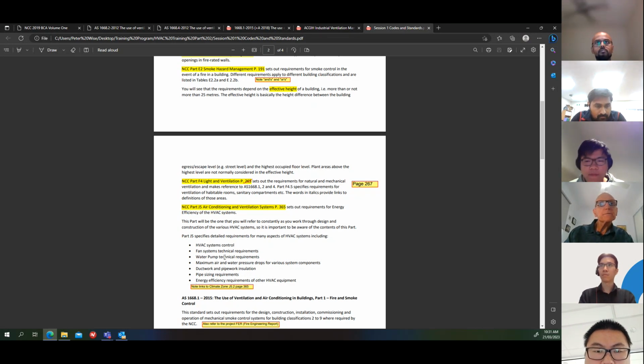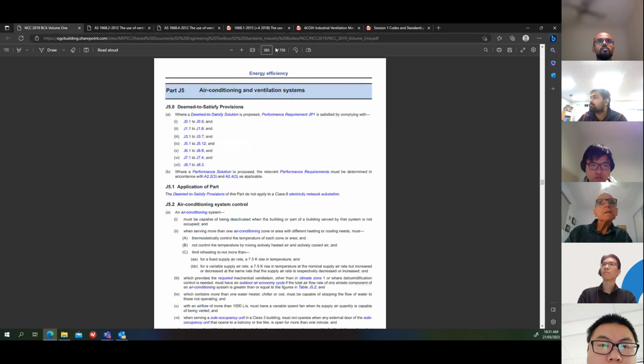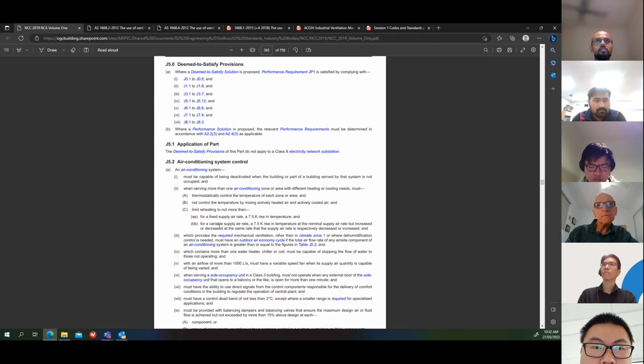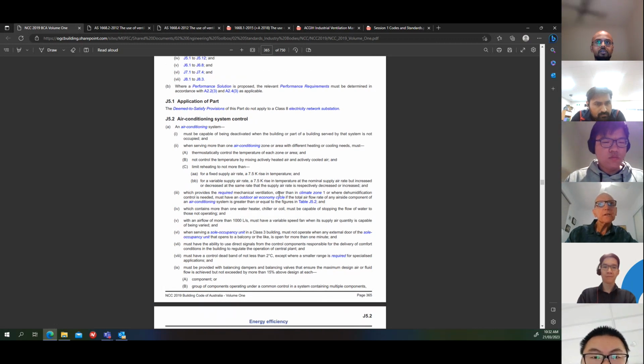So let's go to section J. I've made a note about the climate zone, so we'll have a look at that when we go there. Page 365. Okay, air conditioning and ventilation systems. Section J is all about energy efficiency, not just for HVAC, but for everything in the building process. Now down here, there's in italics climate zone in section J5.2. This is important